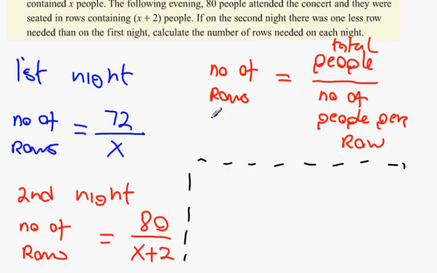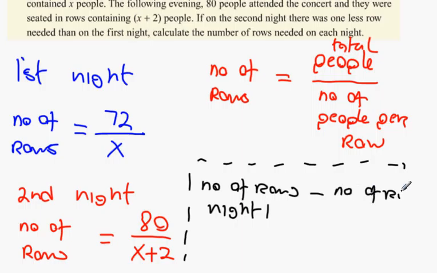if on the second night there was one less row. Okay? So, number of rows night 1 minus number of rows night 2. What would that equal? Did you notice that number of rows night 1 minus number of rows on night 2. Sorry, what am I thinking here? I think it's different. What I'm thinking is